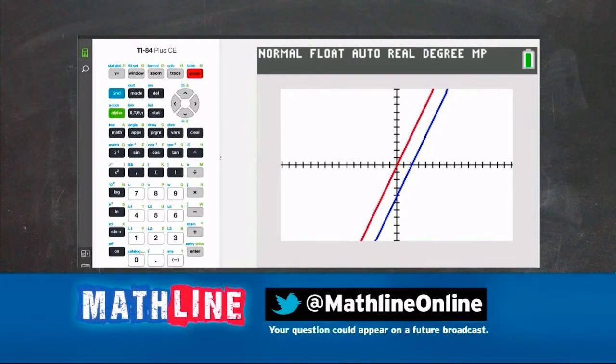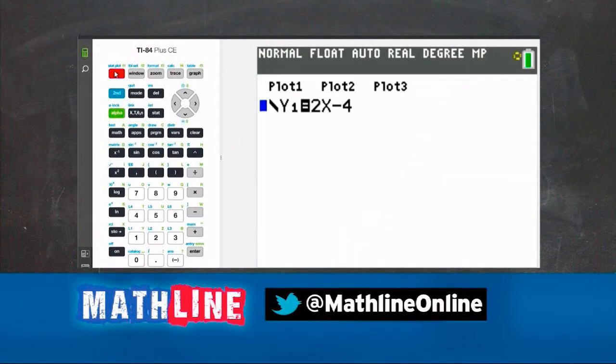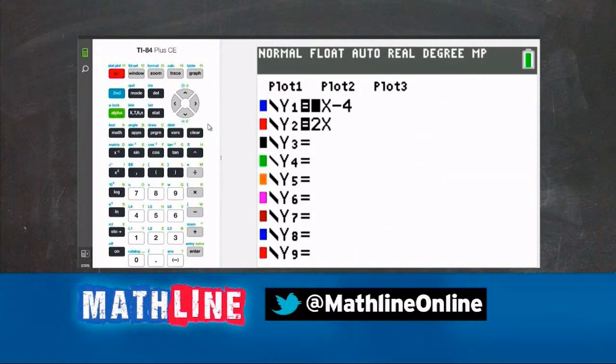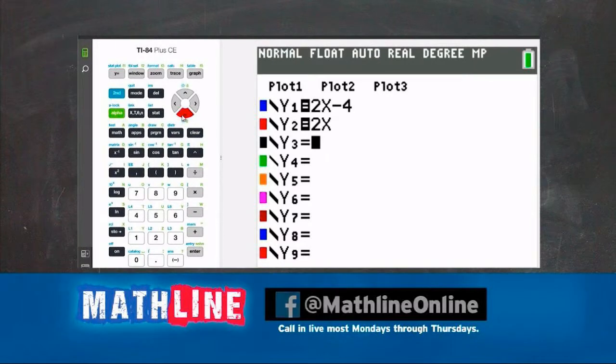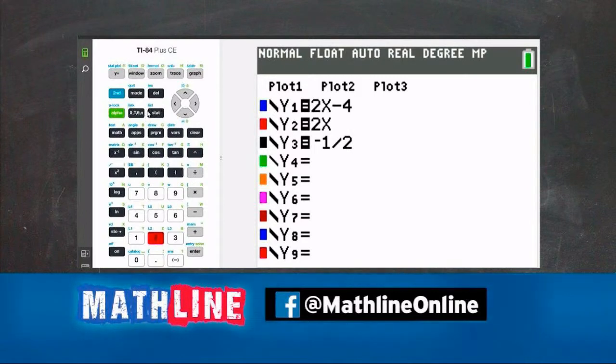Let's put one more in the mix here. Let's put y equals. Kick down here just one notch. And I'm going to throw in -1/2. Now be sure you put a negative on that, all right? 1 divided by 2, that's how we write a fraction here. Sometimes people get a little concerned about those fractions. They're divisions. And we have an x right there.